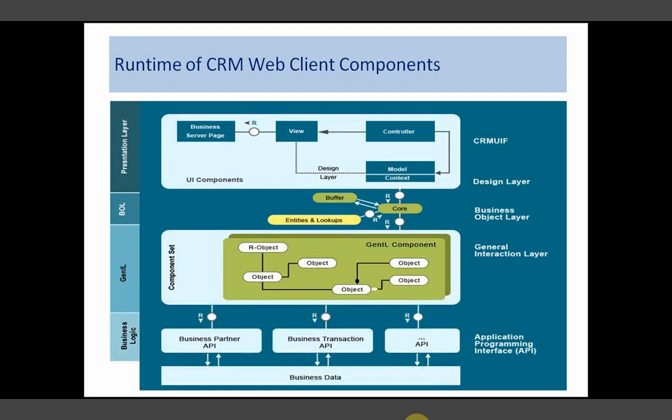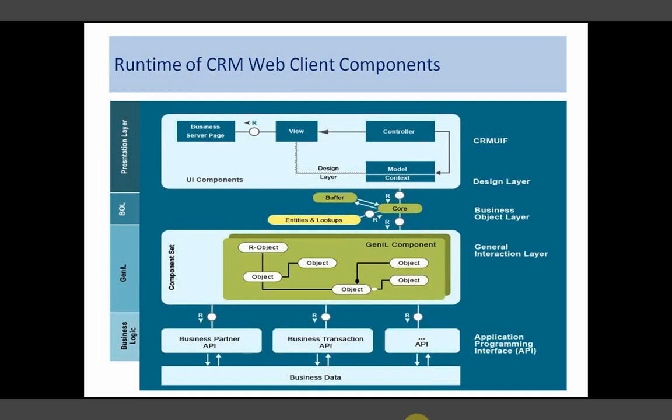Okay, so the business logic layer, which is at the bottom: if I wanted to set up some interfaces with CRM, probably a web service or whatever, is that going to be at the business logic layer, and we'll connect directly to the business logic layer interface, meaning a data interface, not a user interface? And is it that the BOL and the Genil layer are only used by the web client?